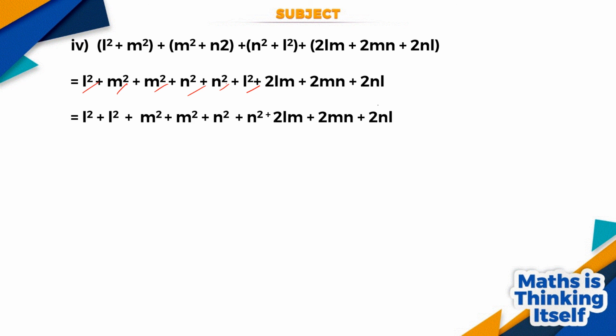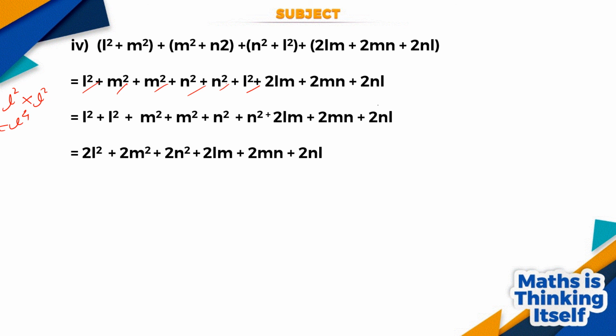क्योंकि like term से most time it happen mistake, some student can consider this a multiplication sign. So please note that कि multiplication में L square into L square L raised to the power 4 होता है, but यहाँ पे addition है तो इनके कोएफिशिएंट की addition होगी 1 plus 1, that is 2, 2L square, 2M square and 2N square, 2LM, 2MN and 2NL.